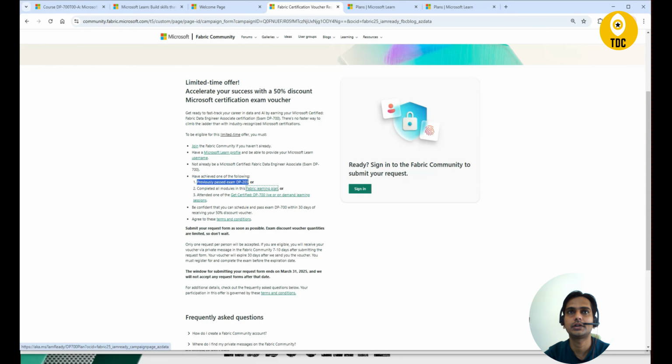So either you can do that, right? They have given specific steps: step one, step two, or step three. At least one of them is required. If you have multiple, that is fine, but at least one should be there for this eligibility. So either DP 2.0 or Fabric Learning Path, and the third option is you need to attend the